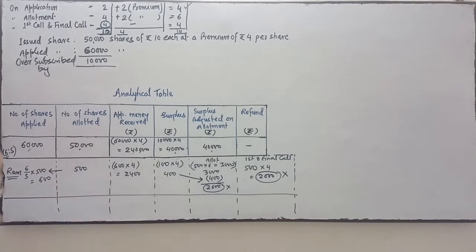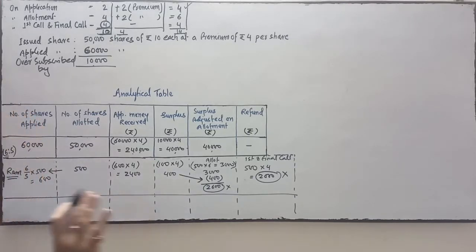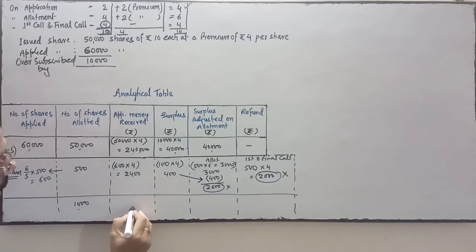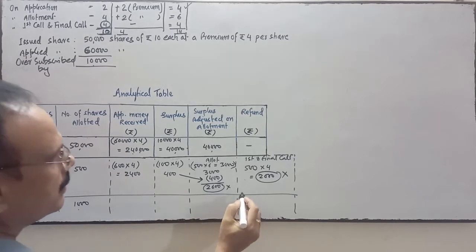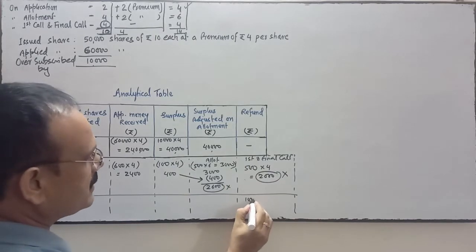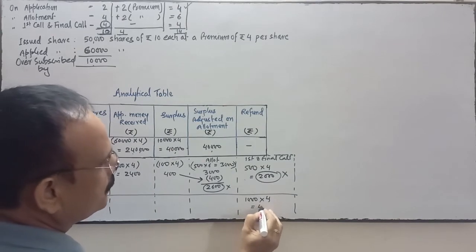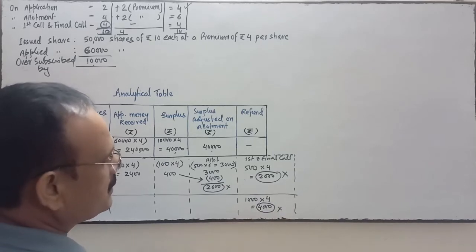Next is Shyam, to whom 1000 shares were allotted. I have written the number in the allotted column. He failed to pay call money. He has paid the allotment money. So there is no need to calculate the number of shares applied, because he has paid the allotment money. So coming directly to the first call on 1000 shares, he has not paid rupees 4 per share. So 4000 rupees is the arrear amount of first and final call.